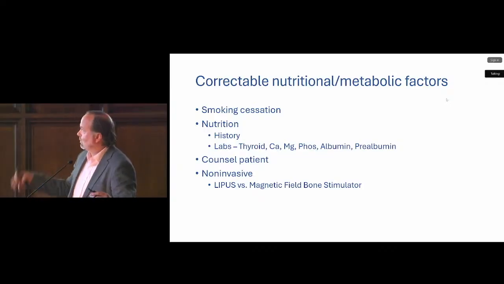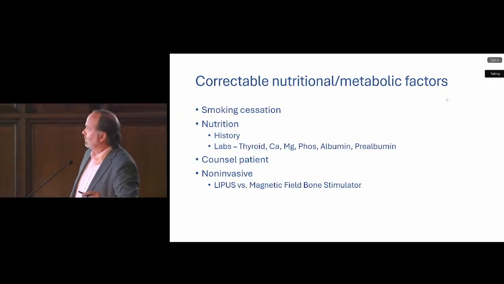So obviously counseling, smoking cessation, using some of the different medications, or even nicotine supplementation, which seems to be better than actual inhalational smoking. Doing a good nutrition history about caloric intake. A lot of these patients are young female, and we know that social pressures sometimes mean dietary intake is not what we would want. And then getting appropriate labs, and there's a million different things you can do for a non-union workup, but this is the basis of most of what we do. If you're going to get a real metabolic workup, there's a few others you can add, but that's generally where